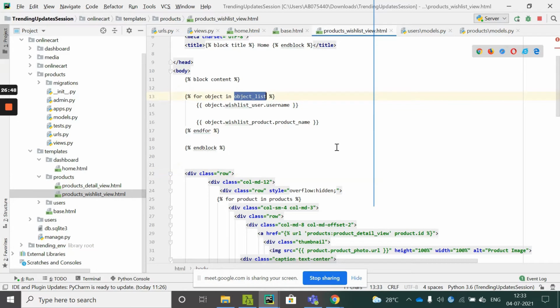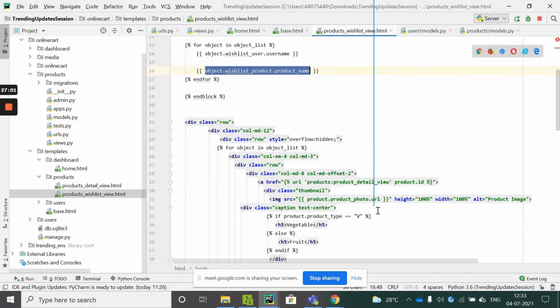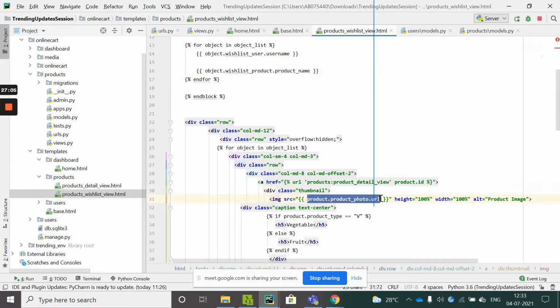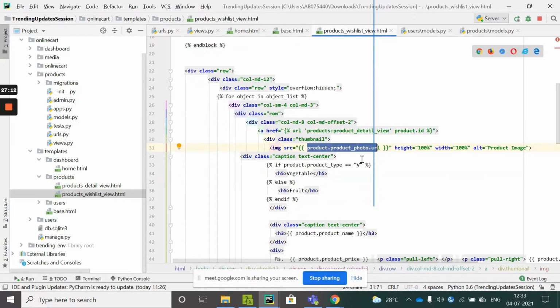Apart from this you will get the object list, and you can say object. For every object you can add it like this, as I was discussing, into the URL section. What this product type would be: first is object, wishlist product, product type.